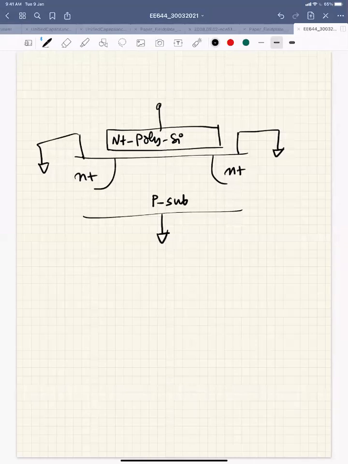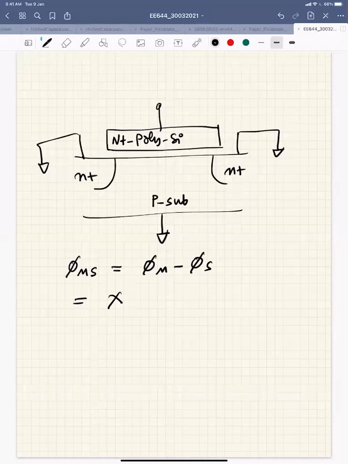If I want to calculate my phi ms, which is phi m minus phi s: phi m is the work function of the n plus polysilicon, and because it is very highly doped n plus polysilicon,